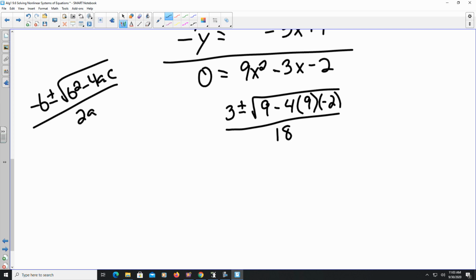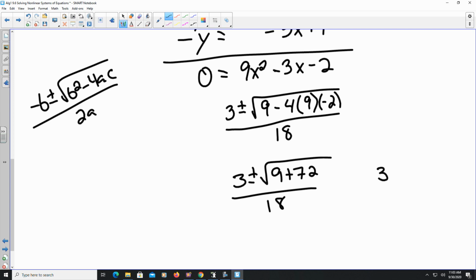All right, so now taking care of what's inside the square root, I'm going to multiply negative 4 times 9 times negative 2, so 3 plus or minus the square root of 9 plus 72, all divided by 18. 9 plus 72 is 81. Square root of 81 is 9. So I have 3 plus or minus 9 all divided by 18. So for my two answers, I get 3 plus 9, which is 12. 12 divided by 18 gets reduced to